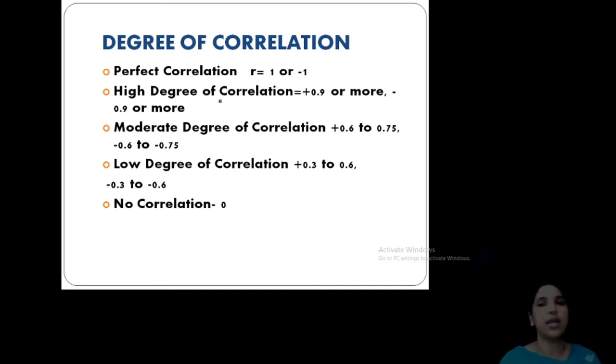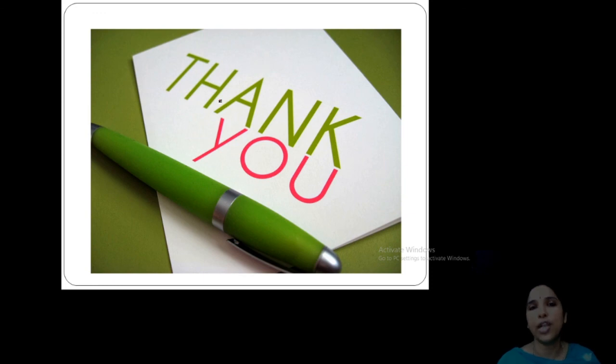So this is all about correlation. What is correlation? Define correlation. What are the causes of correlation? What are the types of correlation? Differentiate positive, negative, linear, non-linear, simple, multiple, partial. Then the methods to find correlation: scatter diagram, graphic methods and algebraic method. Only one you studied, called Pearson's coefficient of correlation.